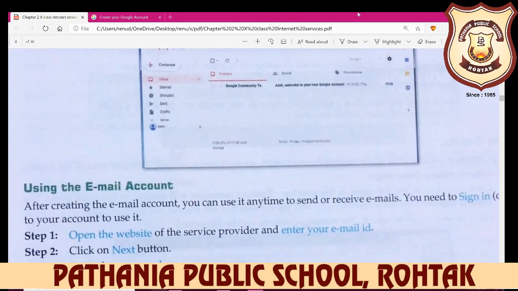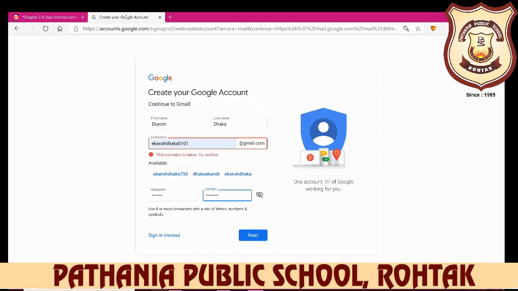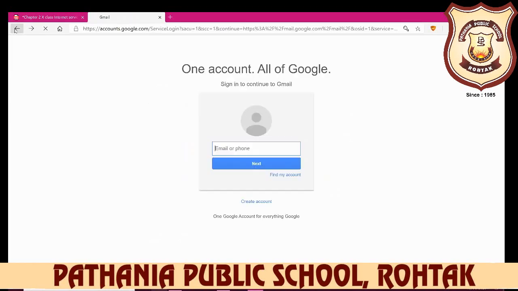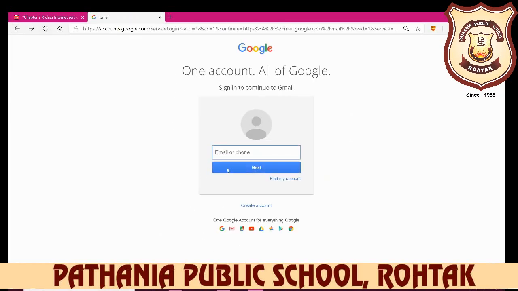So how do you use this email ID now? For using this email account, first you can again open the browser, and after opening you can click on gmail.com, and here you can write down the email account.